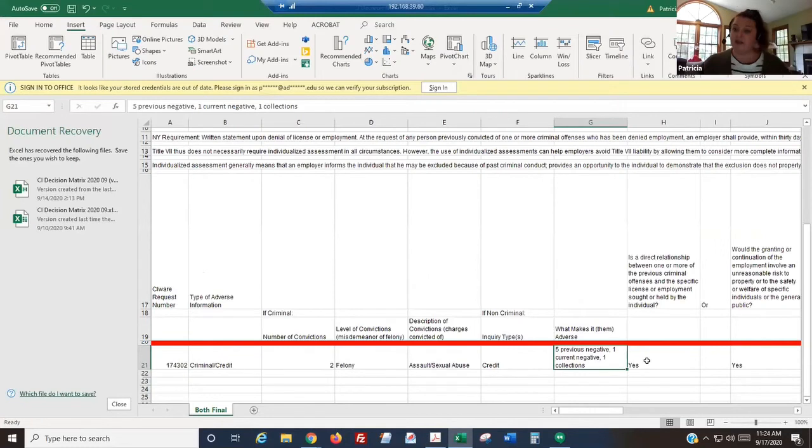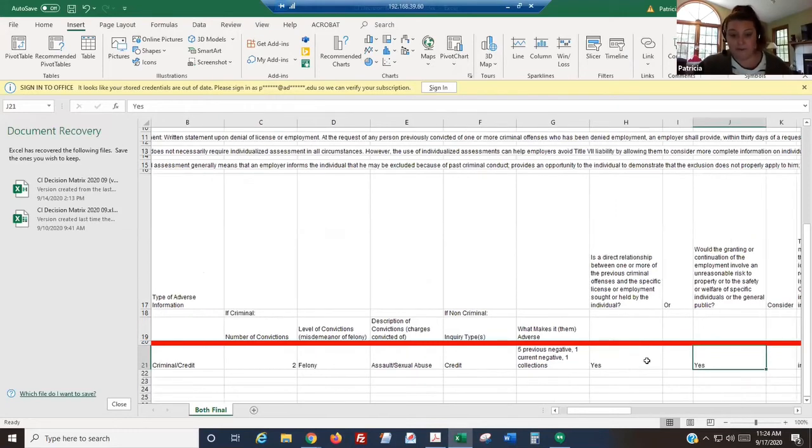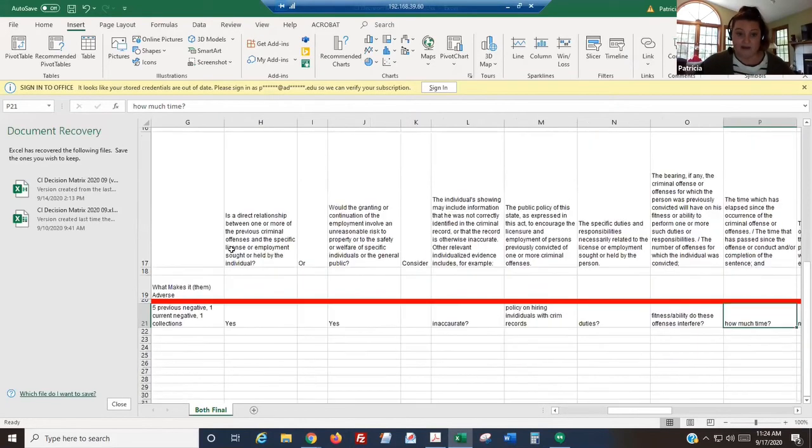Now we actually get into the use of the guidelines that we have put in for Article 23A and the EEOC. I'm going to scooch this over. So is there a direct relationship between the previous offenses and the license or employment sought? For this one, like I said, my individual applied to be a camp counselor at a kids camp. Yes, they have a sexual abuse conviction, so it is